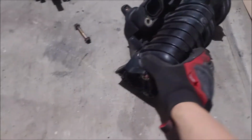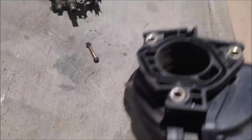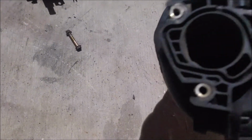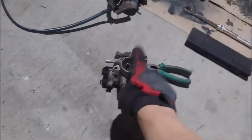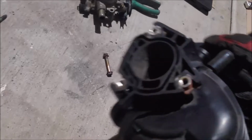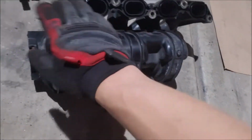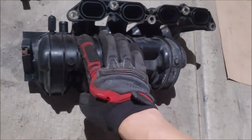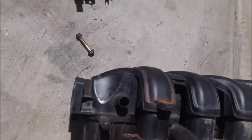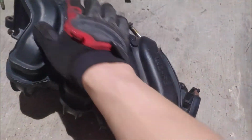Alright, after some sanding, filing, and all that good stuff, I removed the fins as well as sanded off the actual runner to match this port right here. I've also removed these two studs since I will be needing to use longer bolts. So that is good. Now before I go ahead and get new bolts, get new everything, I need to rinse this intake out just so I don't get any plastic shavings in my engine bay. It's definitely not a good thing to have in your engine bay, so I'll wash this thoroughly and let's see